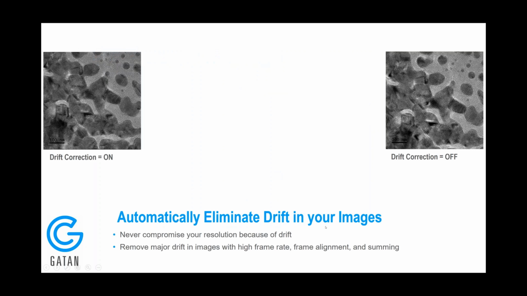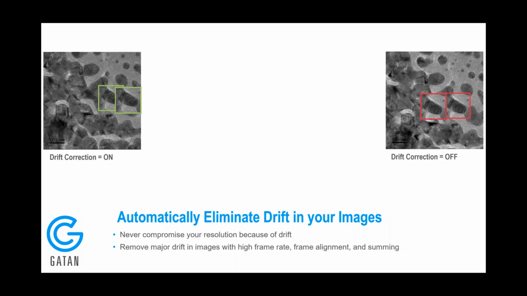Here are 2 examples, the same gold on carbon specimen. These are 1 second images. The one on the left-hand side was taken with drift correction on, and the right-hand side is showing an image taken with drift correction off. We took these images when we just put the sample in the microscope, so we didn't wait for the stage to stabilize. So the sample was drifting a little bit,